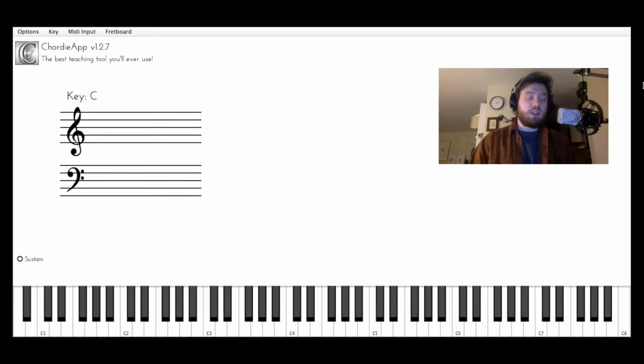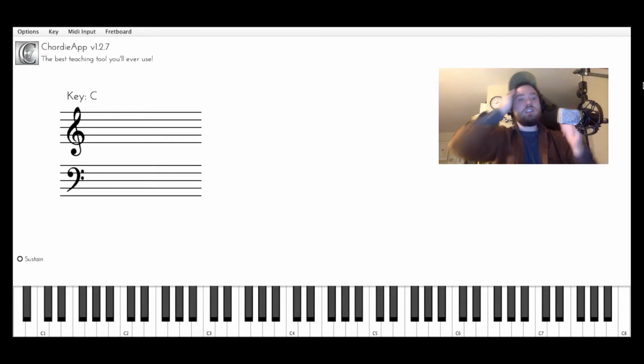Today, we're going to answer the question, what is an extension? An extension is basically when you have a color note that is happening above the seven. So essentially what extension is referring to is nines, 11s, and 13s. So in the key of C, if we were to discuss the key of C as